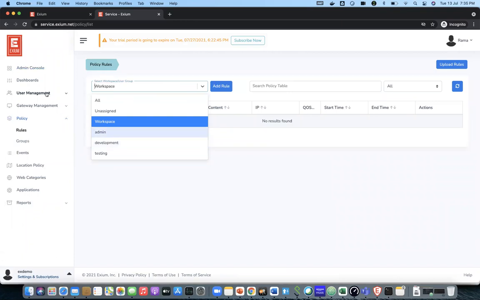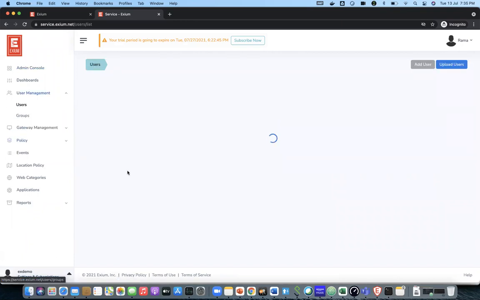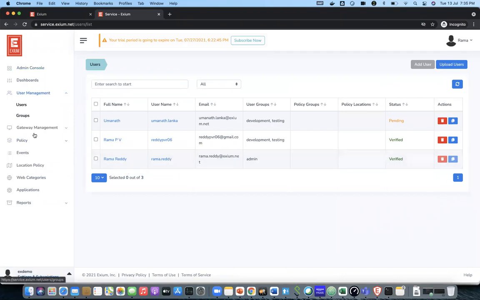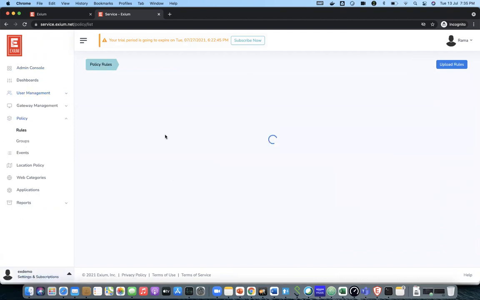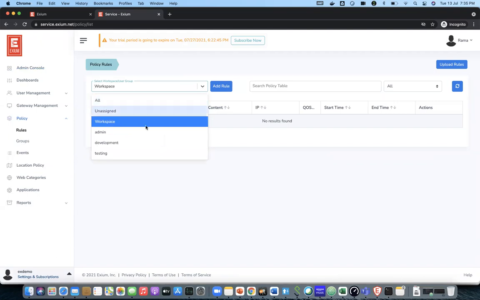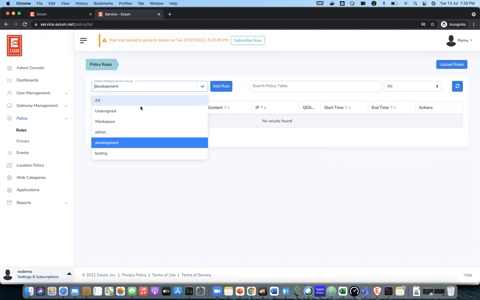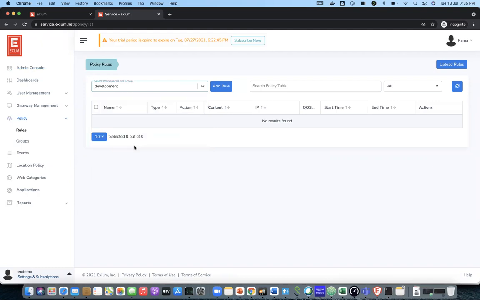I am going to experiment with these policies mostly for the development group, for a user who is part of the development group. In this drop down, I select the development group, and currently no policies are attached.